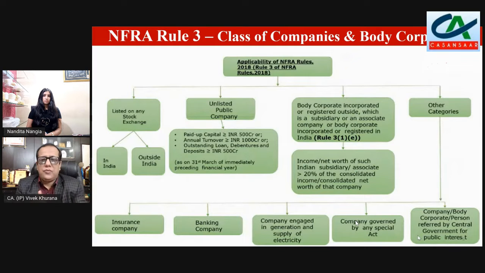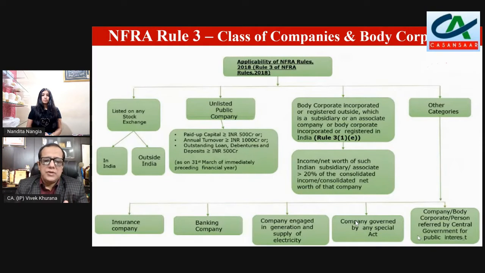Then also you have to file. Then a body corporate incorporated or registered outside India, which is a subsidiary or an associate company, or a body corporate incorporated or registered in India. And after that, the income clause, the income or net worth clause: more than or equal to 20%, that's also there. And then other categories, what are they? Insurance company, banking company, any electricity generation